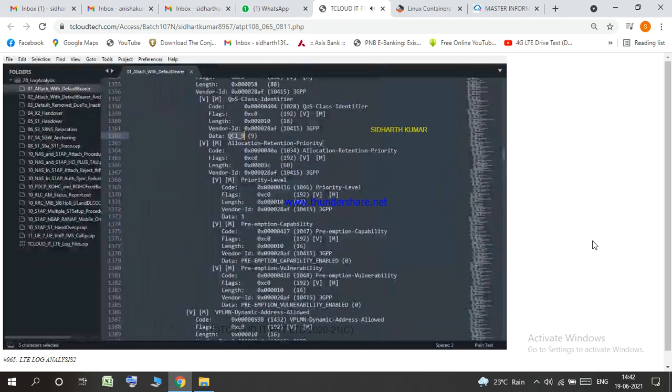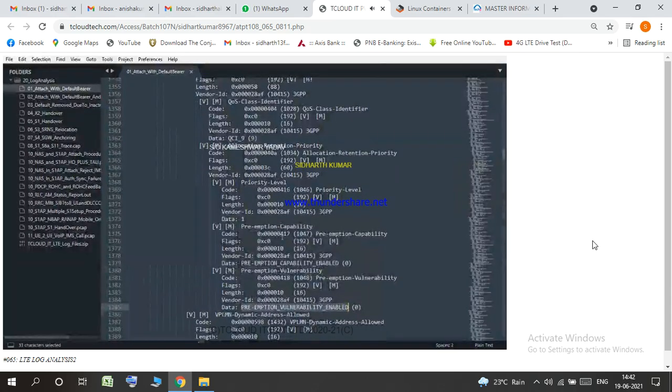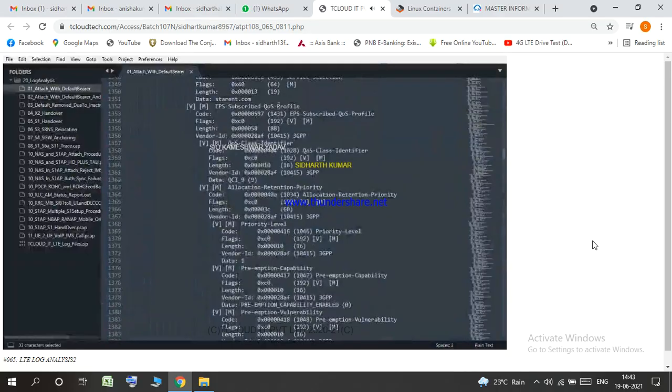Allocation retention priority, your ARP value, containing priority level as 1. Preemption capability is enabled, and preemption vulnerability is enabled as well. So from here to here, this package is the subscribed quality of service profile for the mobile for this particular